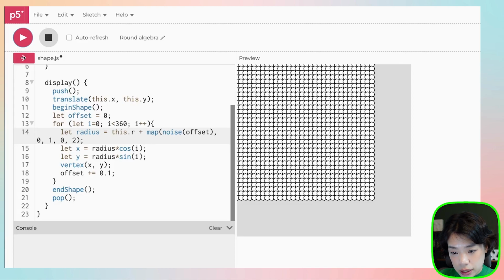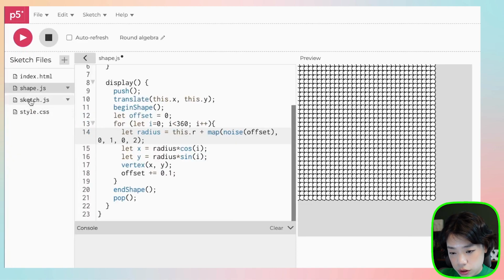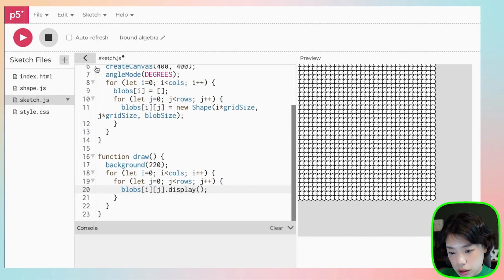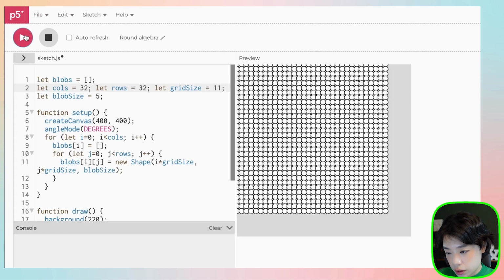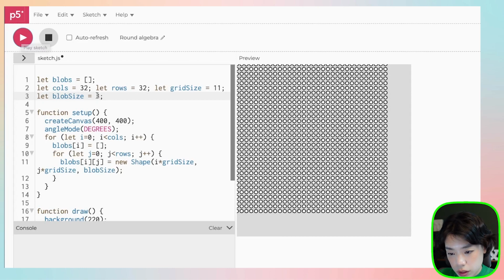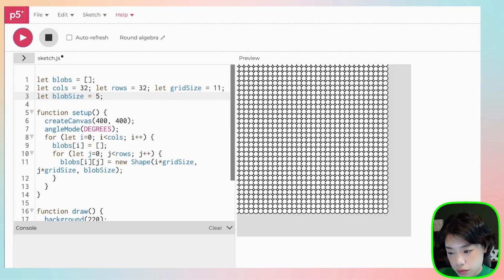Okay, and then let's go back to sketch. Maybe we do a slightly bigger grid size, 11. Okay, that's better. And maybe we do a smaller blob size, 3. Nah, I like it at 5. What I want to do next actually is I want to move this whole grid